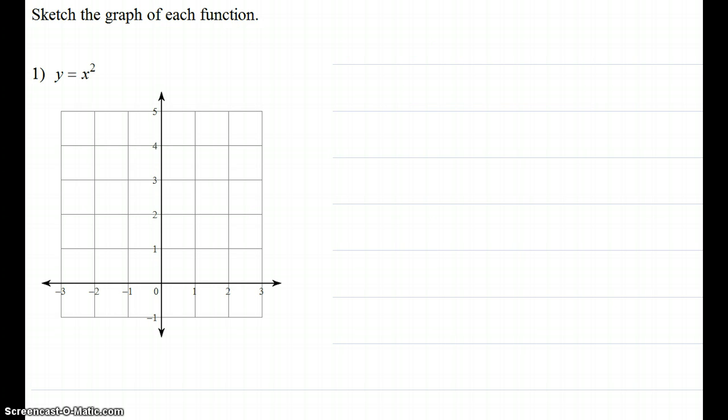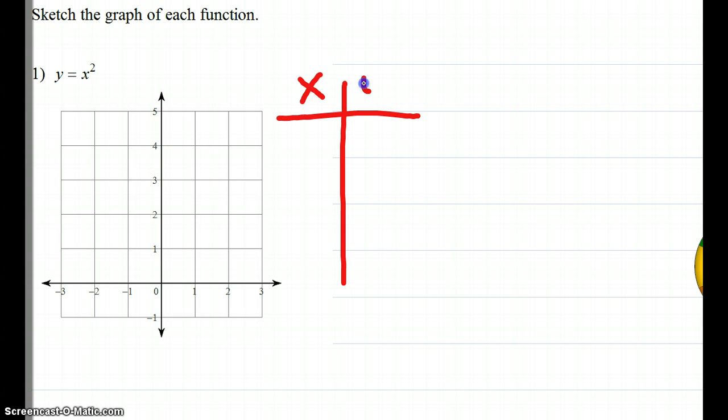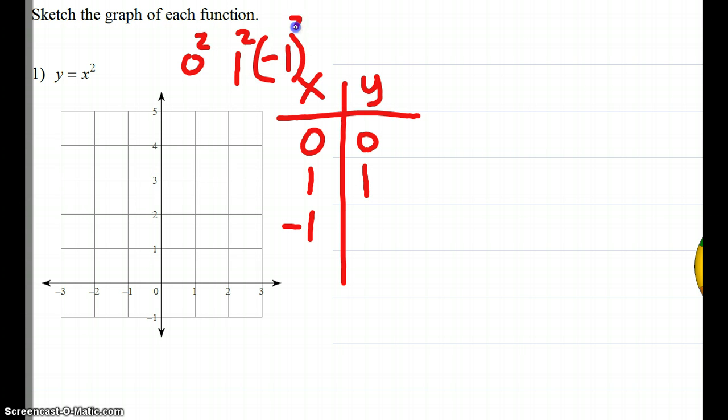Let's talk about the function y equals x squared. Again, I'm going to put in some points for x and y, and let's start off with the points that we did for our parabola. If I stick in y equals x squared and I put in a 0, I'll get a 0. If I put in a 1, 1 squared is 1. Be careful when you stick in a negative 1. Negative times a negative is a positive 1. So if I graph these 3 points,